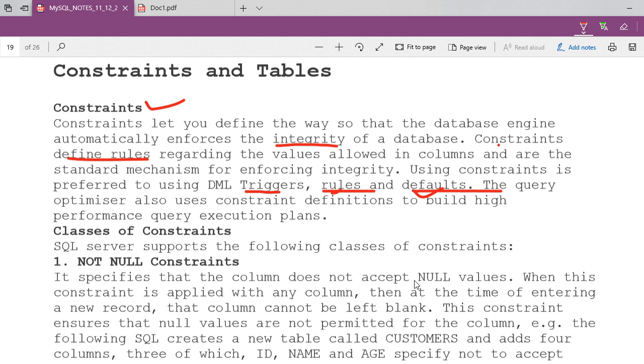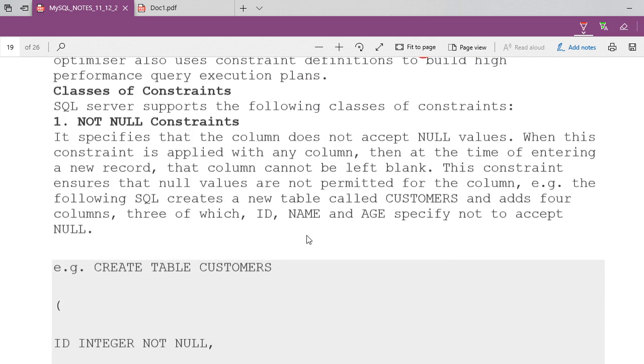Concept here is clear. Suppose address you are not defining, then by default address will come Bokaro Steel City. So you have not inserted your address, then instead of that address, Bokaro City is going to come. Default value is going to come. Now here you see there are different categories of constraint, but in this note here only few constraints I had included. Understand? Many are there. So if you want to know sometime later on, we can have some more lecture later on, and I'll make you explain if you are mastering in all these things.